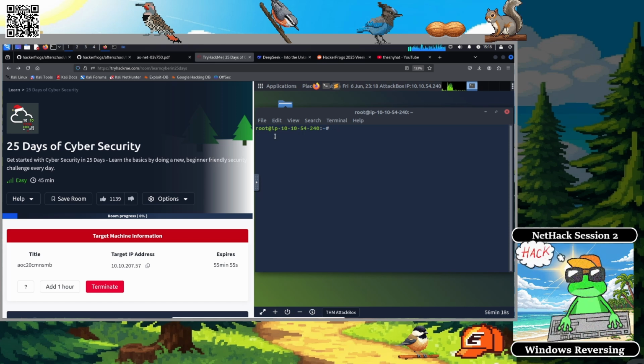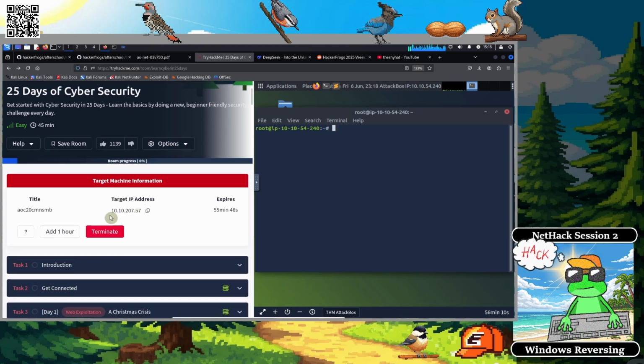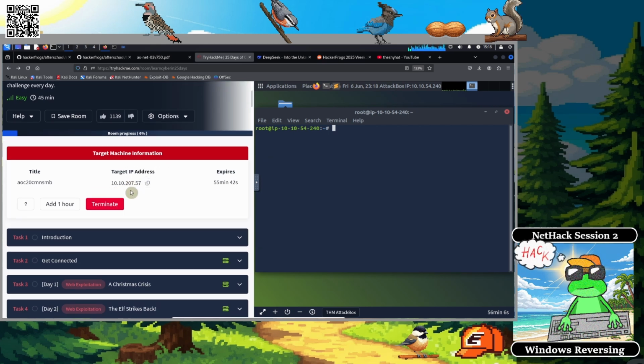It's going to say root at some IP address like this. What we want to do is put in the target IP address in here. It's probably easier if we just take a look at the IP address here and then type it in ourselves. Your IP address is not going to be the same as mine. Then in your terminal, you're going to type in the IP address. So in this case, it's going to be